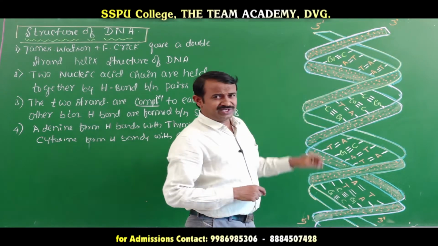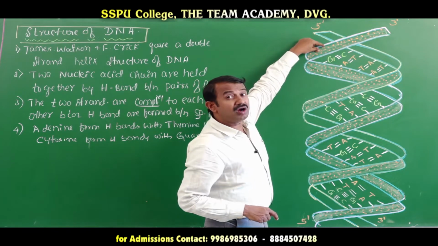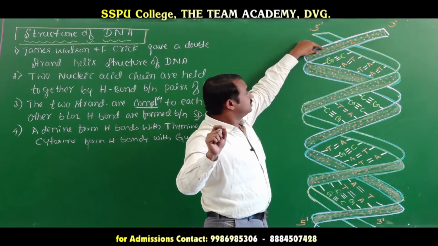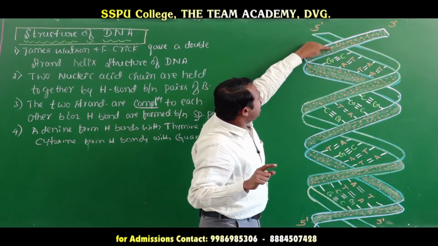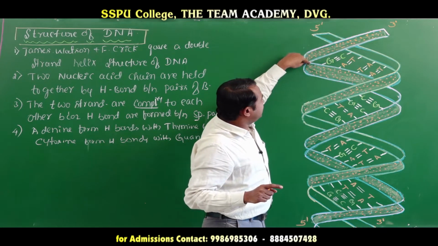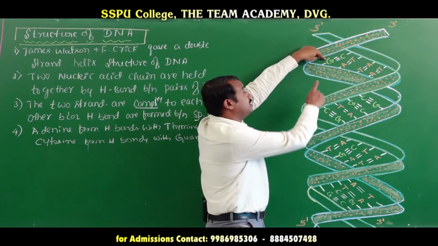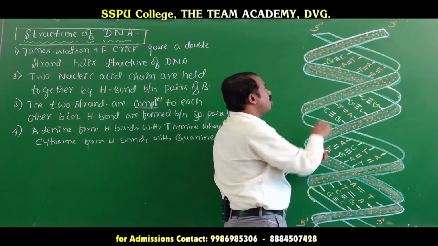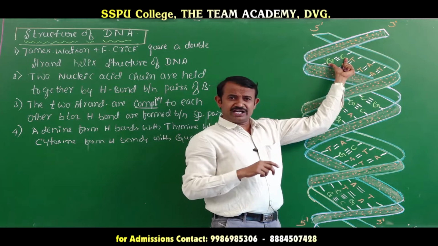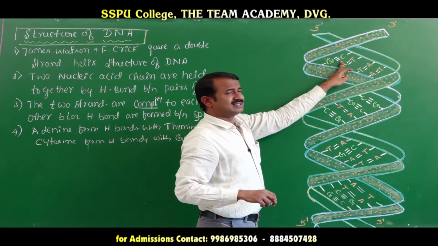Each nucleic acid chain contains specific bases. Here we have not shown the ribose sugar and phosphoric acid. The nucleotide chain is there, but we have not shown the ribose sugar and phosphoric acid. We have shown one base. The base is guanine. A specific base is paired with the cytosine. The guanine is paired with cytosine. Coming to here, one guanine and cytosine.